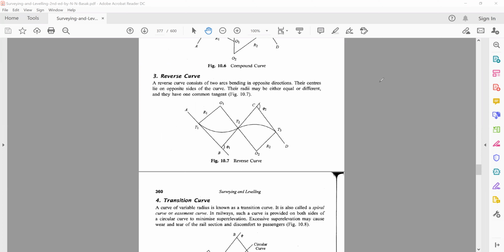So their centers lie on opposite sides of the curve, and the radius of the two curves can be the same or they can be different. That doesn't really matter. But the distinct feature is that you have two curves which face opposite directions. So let's see. Like before, AT1 is your direction of travel before you give any curve, and